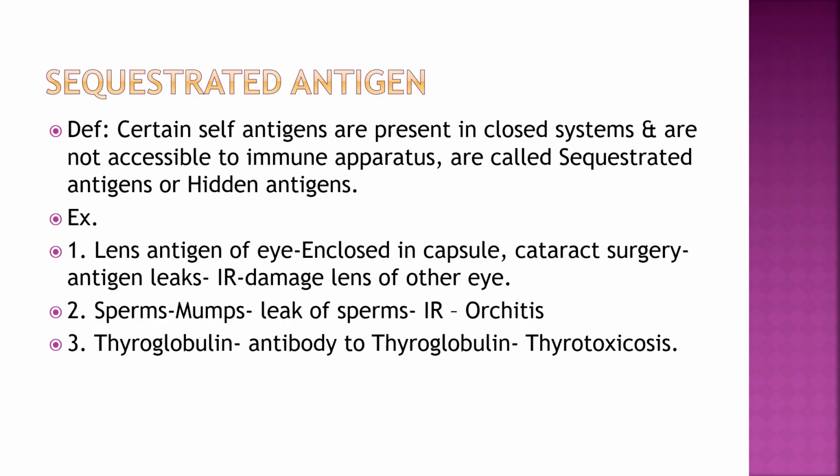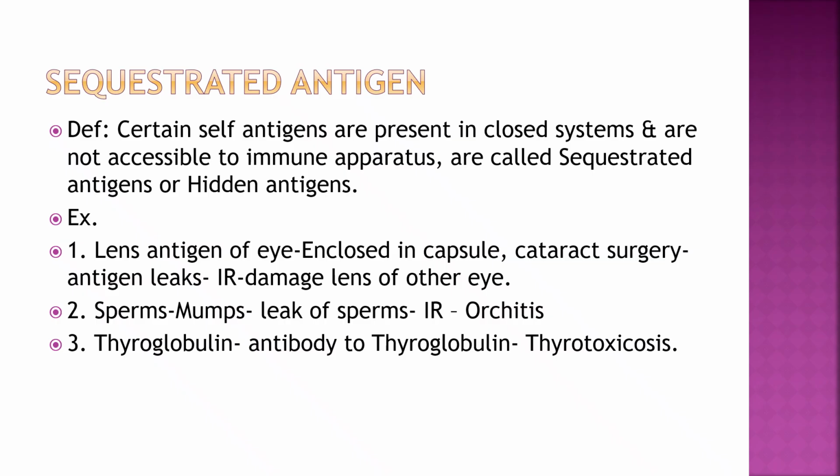They are in hidden form. But if there is mumps infection and the sperms leak, that causes an immune response and orchitis, that is inflammation of the testes. Then third example is thyroglobulin. It is present in hidden form, but antibody to thyroglobulin is formed, and then that can cause disease like